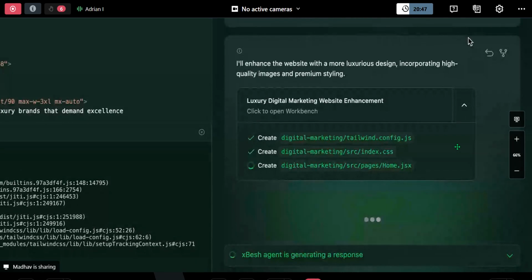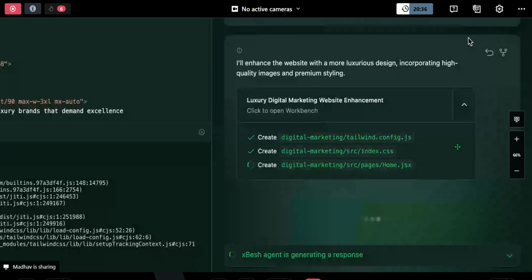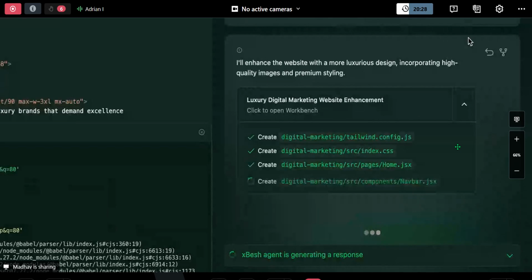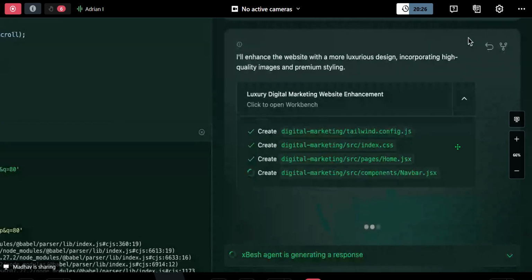I never give it a big prompt and expect it to build me the next Amazon or anything like that, right? So it's all about detailing your prompts and also building it structurally. So start with the basics. Once you have something, you keep adding on it. You keep adding on it and you keep building.